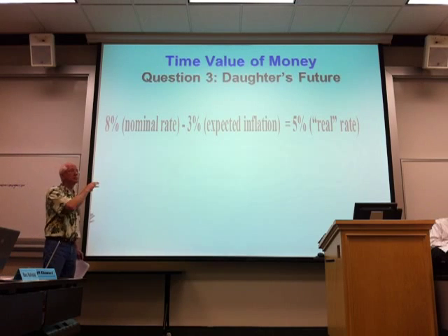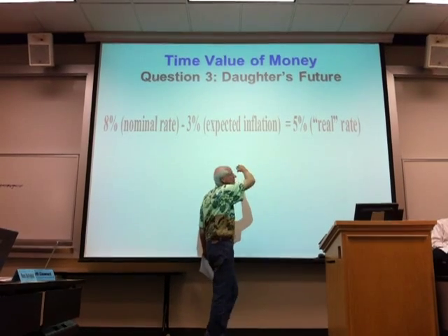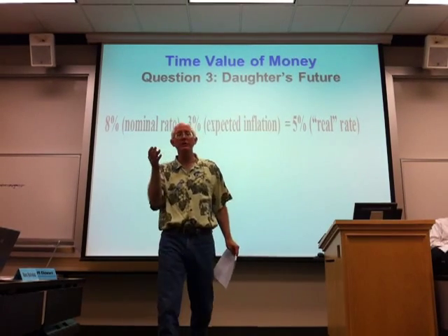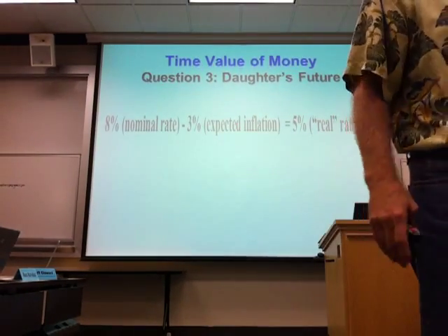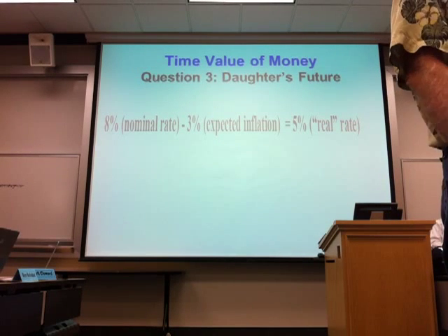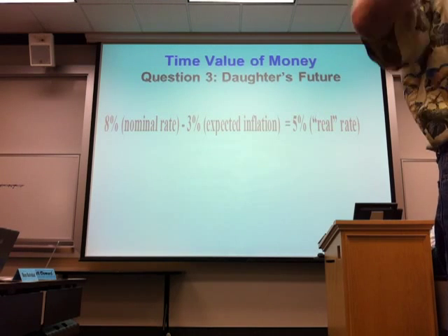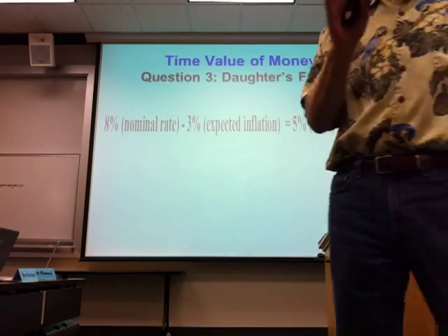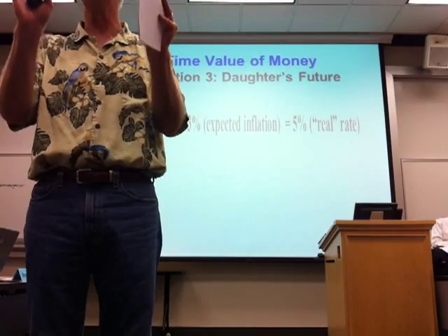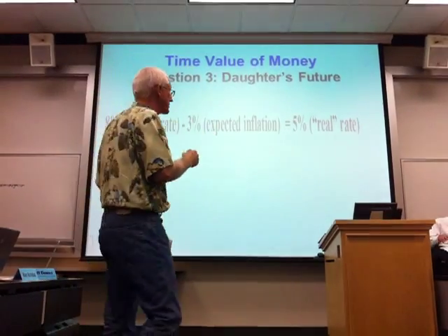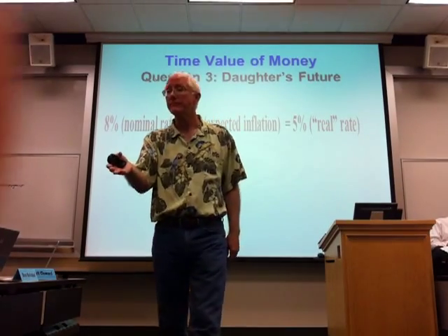The nominal interest rate is composed of two components: the real interest rate, what you're really making, and the inflation rate. So if you want to get back to the real rate, just take out the inflation rate. You're only earning 5% on this account. It goes up 8%, but 3% of that gets eaten away by inflation. Mathematicians will say this is a geometric thing and not an additive thing. Fine, it's close enough for our purposes. We are estimating interest rates over 18 years. So all we have to do is do this calculation again, using the real interest